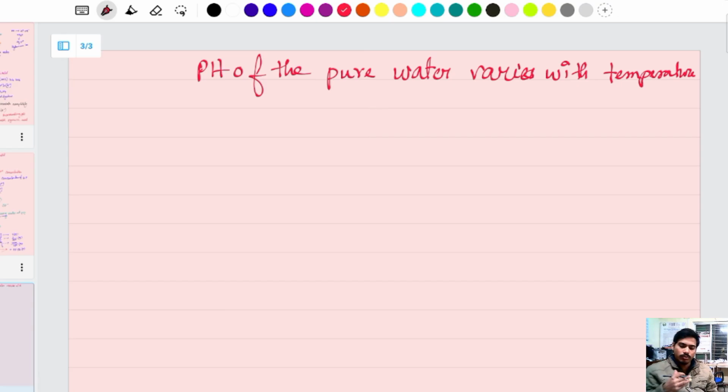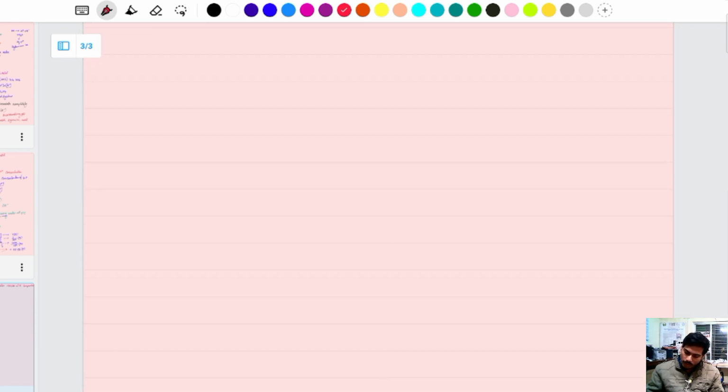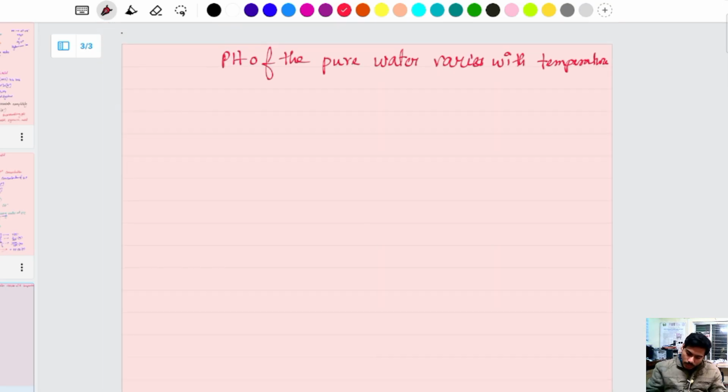Basically, the pH of water is neutral at 7, but at different temperatures that value can vary. Let's talk about 0 degrees. What will it be at 0 degrees centigrade? The pH will be 7.47,